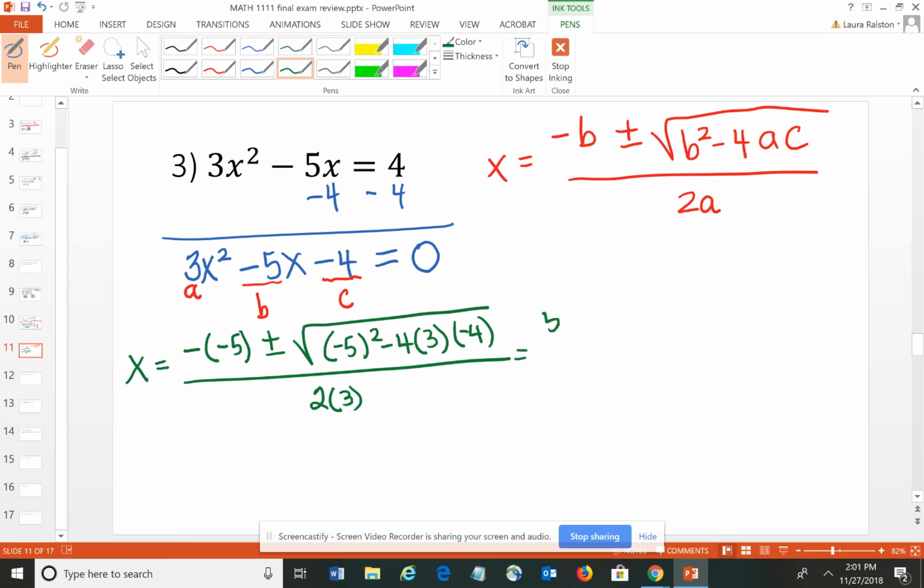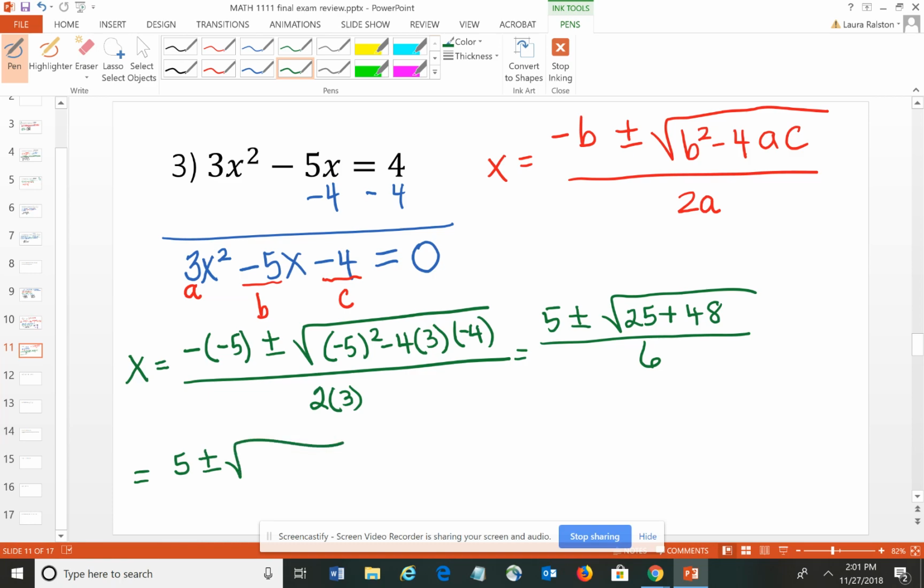So I have 5 plus or minus the square root of 25. 4 times 3 is 12, times 4 is 48. Negative and a negative make it a positive, so it's plus 48 all over 6, which gives me 5 plus or minus the square root of 25 plus 48 is 73